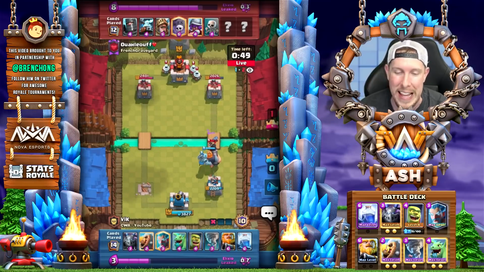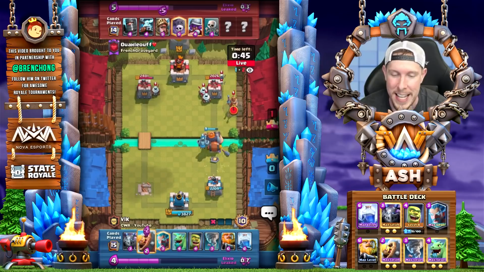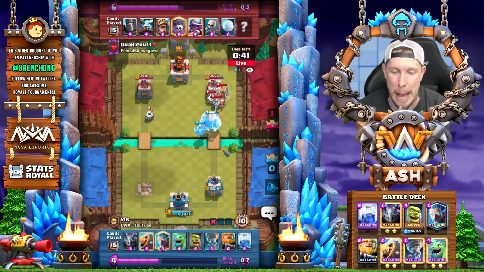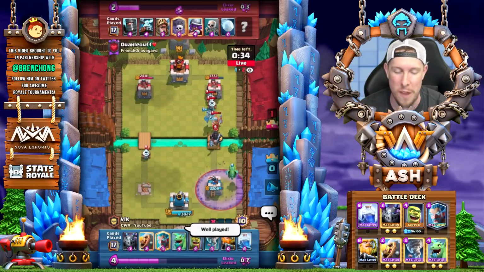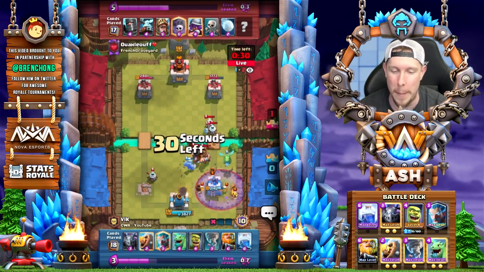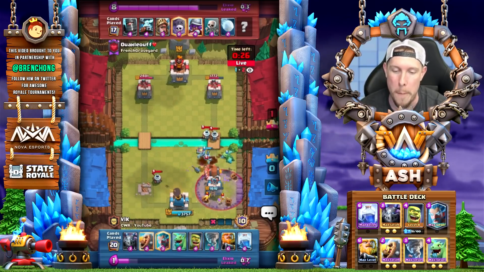We go ahead and we use a Lightning against that counter push, or that defensive push, I guess. But now we don't really have any strong answers for this Prince, and a couple Zappies. Zappies actually doing nice work here against the Royal Giant, really stymieing that Royal Giant. And now we have a double Prince graveyard push again here, guys. Not looking too good. Forced to use that Goblin Cage, but that Goblin Brawler is going to be absolutely decimated by those double Princes. And here we go. Barbarian Barrel is down, and